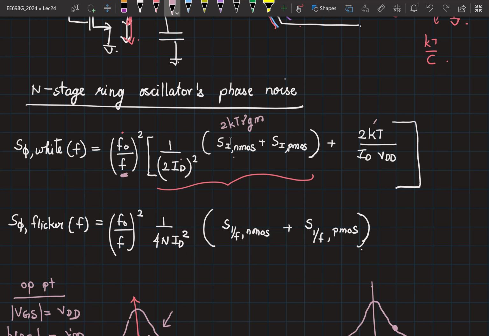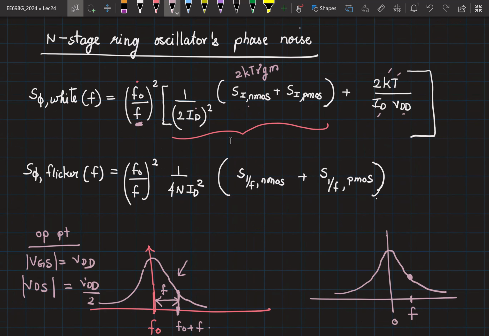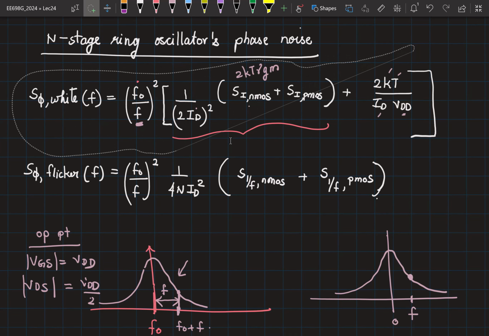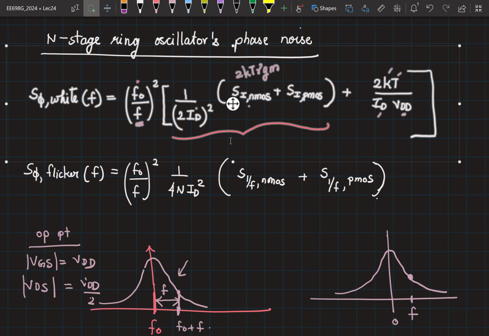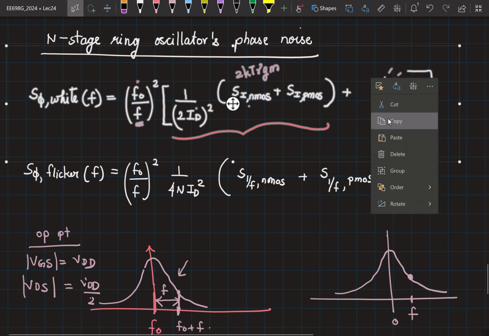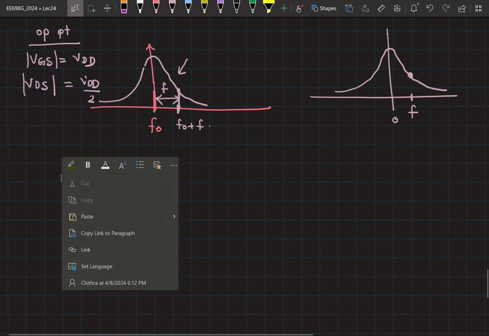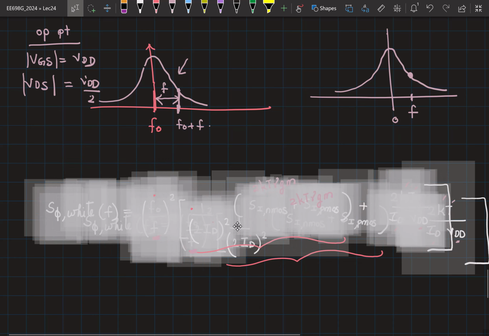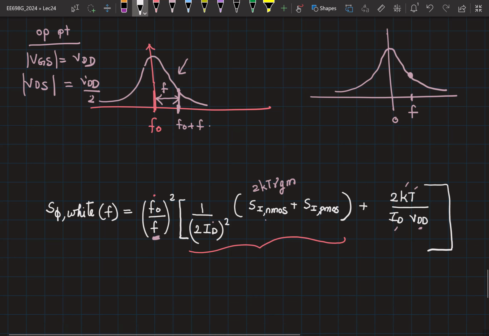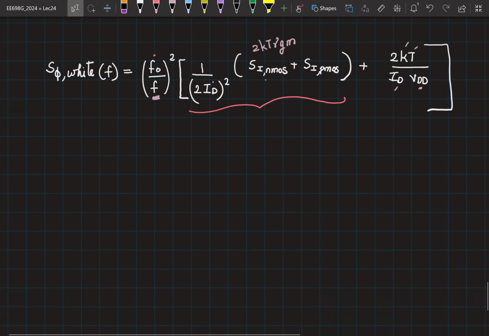Right? K is Boltzmann constant, T is temperature, ID is again the current through the transistor at this given operating point, VDD is the power supply. Okay. Again, you don't have to remember this equation by heart, but given this equation, we should be able to analyze how certain changes we make in the design are going to affect the phase noise of the output. So let's take this equation. Let's see what inferences we can make based on this equation. So we are going to look at